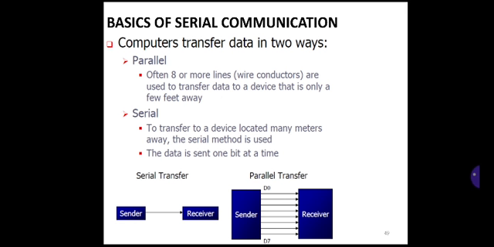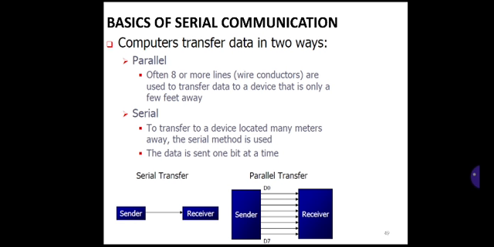So 8 lines are required for the 8-bit data line of parallel communication. Serial communication uses a single line, so it not only makes serial communication cheaper, but also enables two computers located in two different cities to communicate over a telephone. As it is very cheap, it can establish communication at a very low cost.